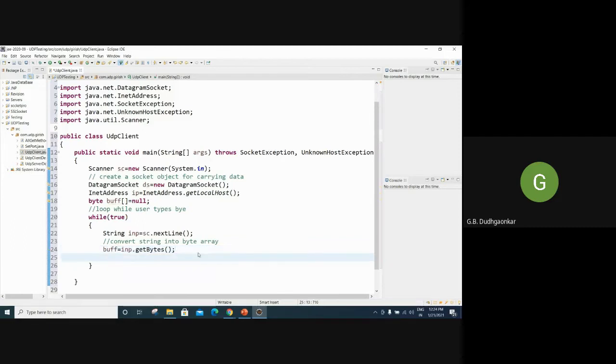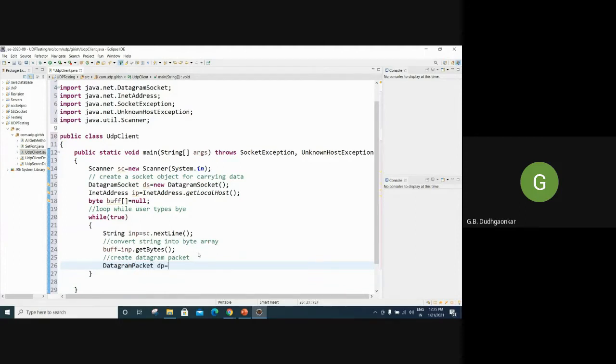So now later on we can create the datagram. So we have the message now, we have localhost now. Then we have to create the datagram packet, so that the packet can be sent to the server. So create DatagramPacket now. And you know that what we require for the datagram packet is 4 fields.